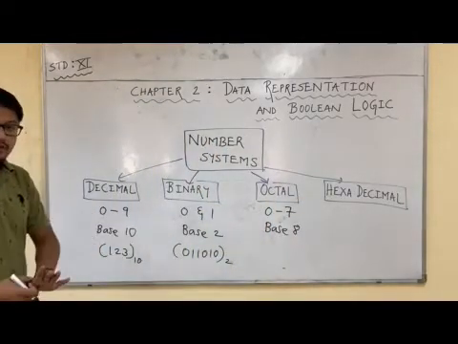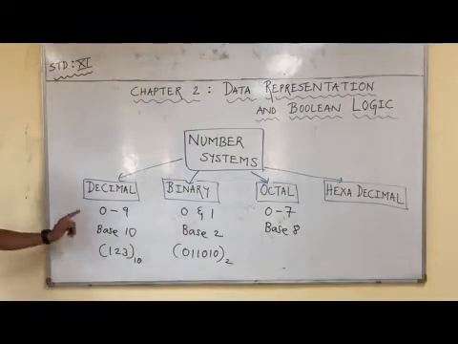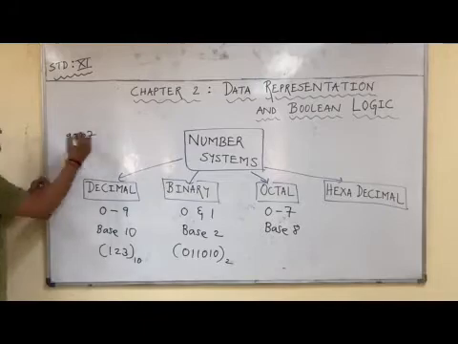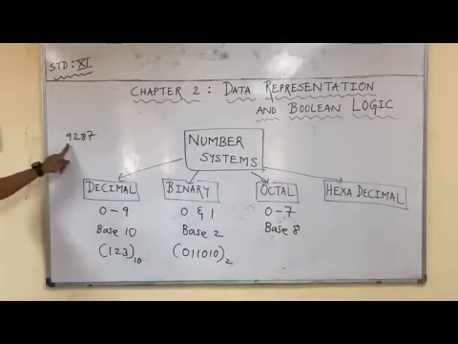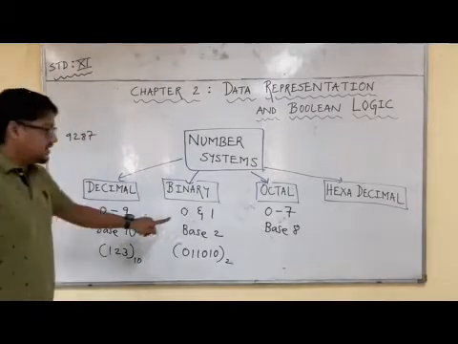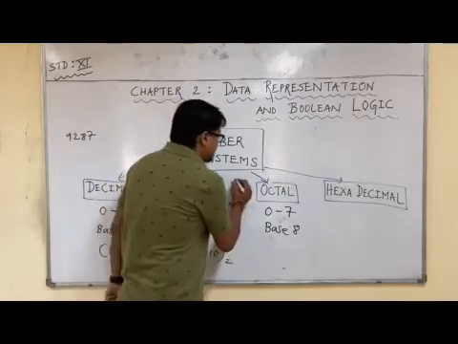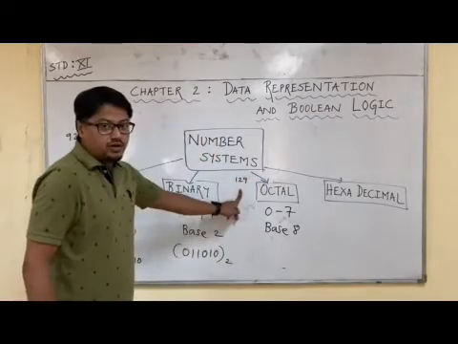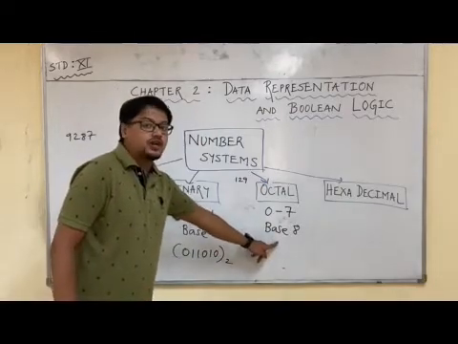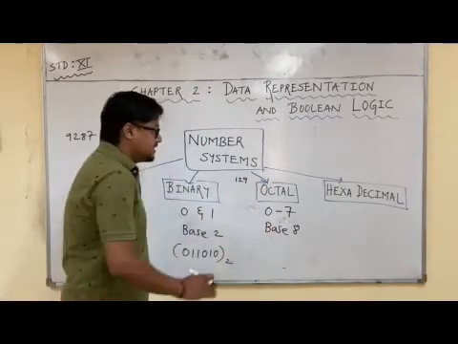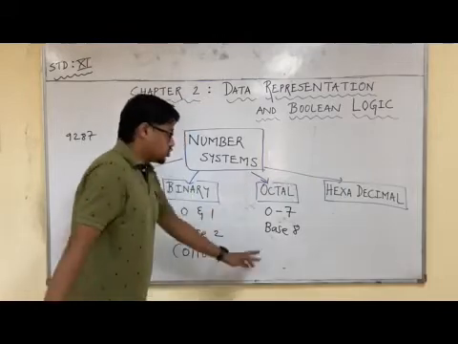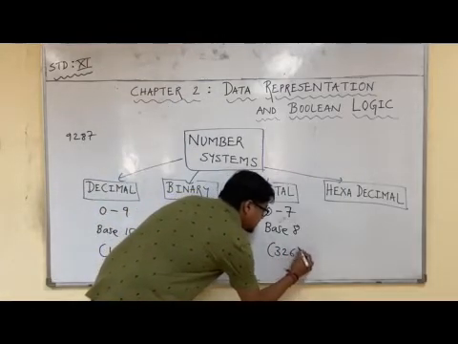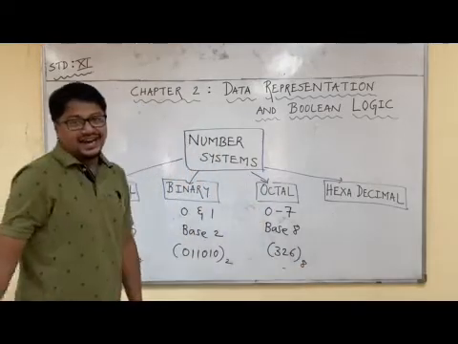So remember one thing, in decimal we can frame any digit. Suppose I want to write 9 2 8 7. This is a decimal number. Why? We are using the digits that are allowed. But in octal, I cannot write the digits 1 to 9. Why am I not able to write them? Because octal supports only 0 to 7. So one example of octal number system can be 3 2 6 to the base 8.